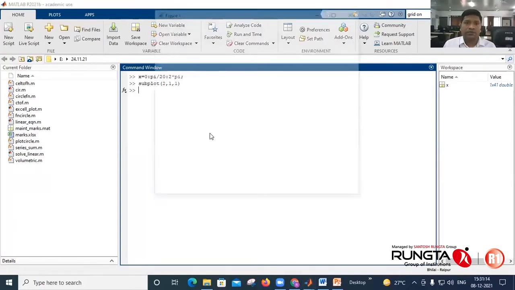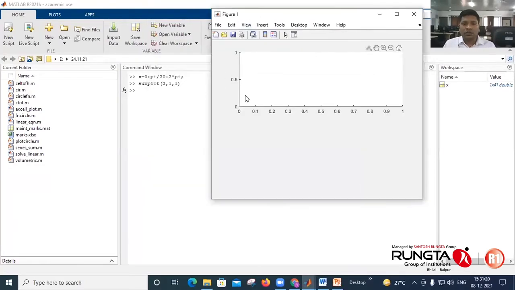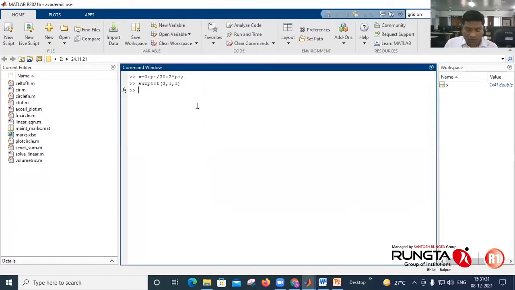Enter. It will activate the first position of the 2 by 1 graphic window; it has divided the graphic window into 2 rows and 1 column. Now here you can use the plot command, plot x and sin x values. Okay, that's it.